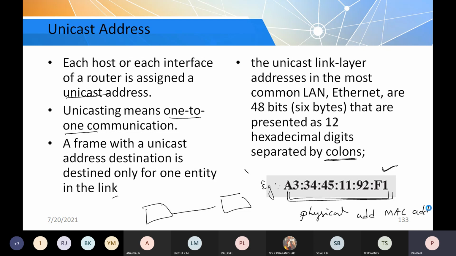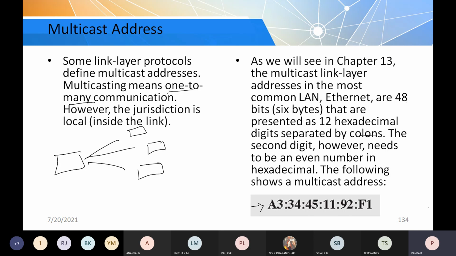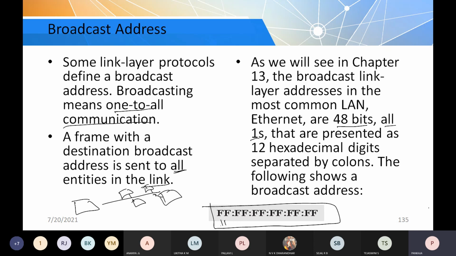And this is for multicast also. But in case of broadcast, it is also a MAC address, but here it is not with respect to a specific device. It is going to be all the devices. That's why all 48 bits are represented as 1s, or in hexadecimal, FFF and so on. If all the bits are 1, that indicates it is a broadcast, sharing the information with everyone connected in the network.